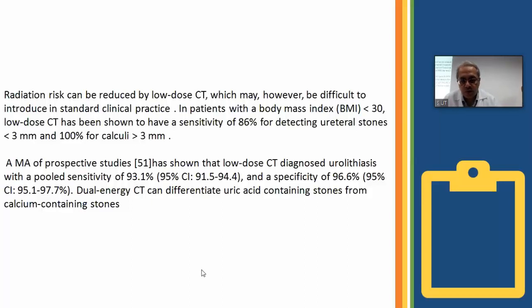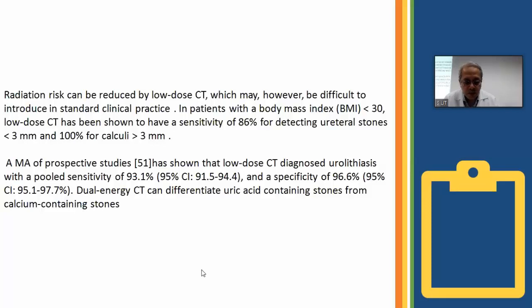In that patient you want something that can cone down and reduce the dose of radiation so that what you need is available to you. And with need, what I mean is the presence or absence of a stone, the cause of the colicky pain, and particularly the treatment that you want to suggest to that patient according to the stone presence and